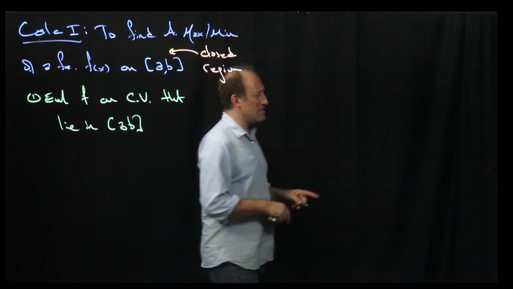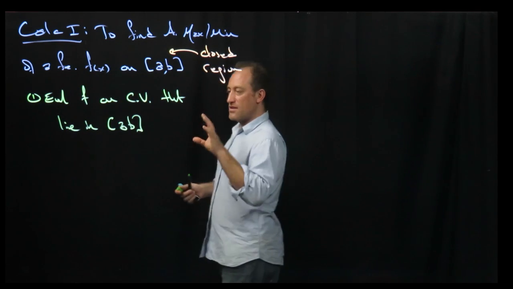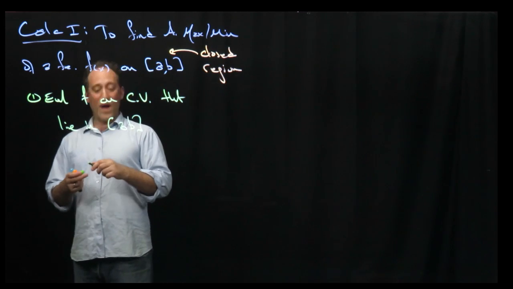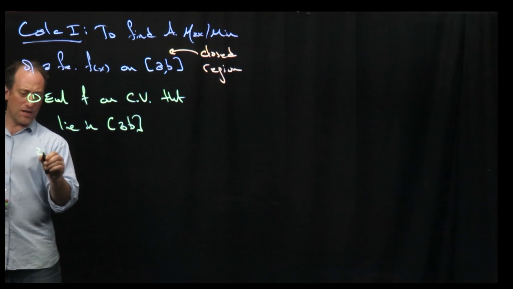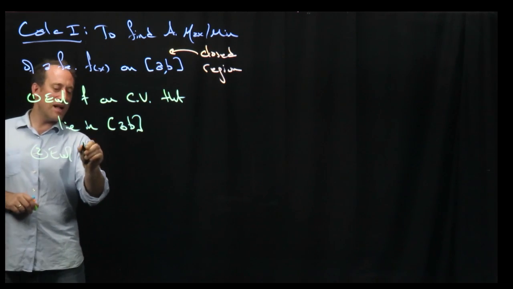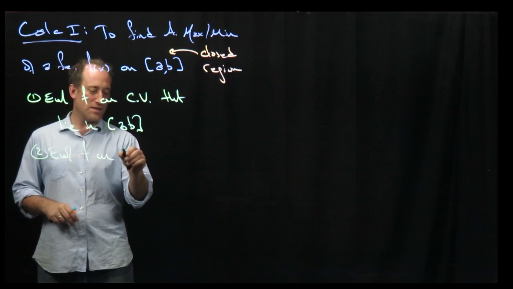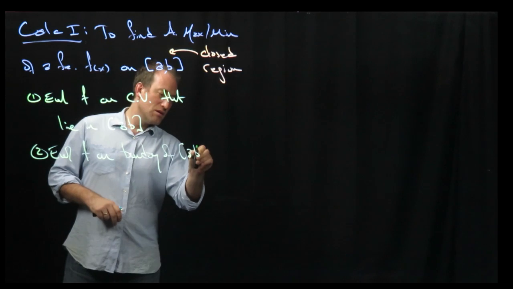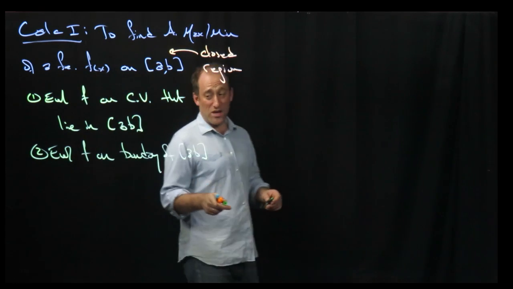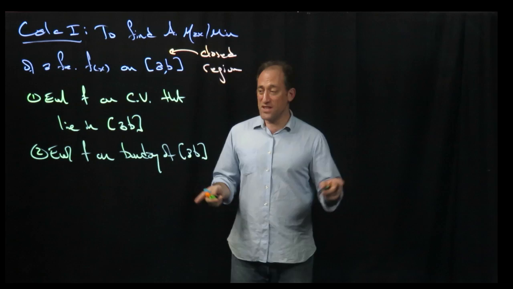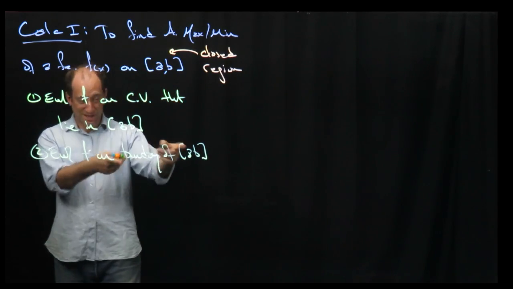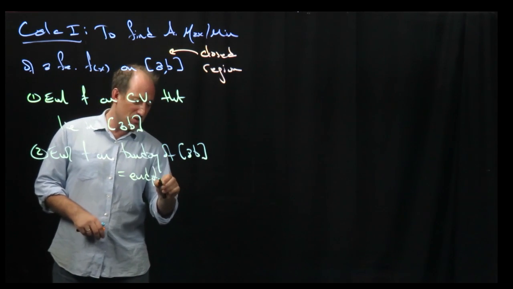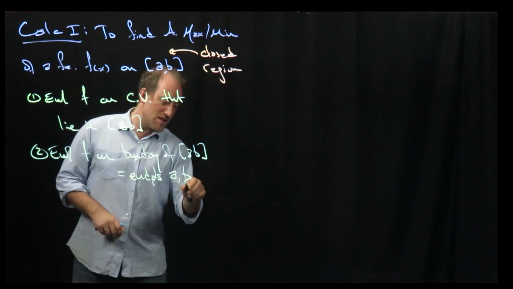AB. As in the example I did for absolute extrema at the beginning of the section, there was a min that lied outside the interval and therefore is not counted when looking for absolute. Two then, evaluate f on, and I'm going to call it the boundary of the interval AB. Eventually, once we generalize, it's no longer just the endpoints of the interval, it's the boundary of a region. In this case, the boundary of this is equal to the nice special case of endpoints A and